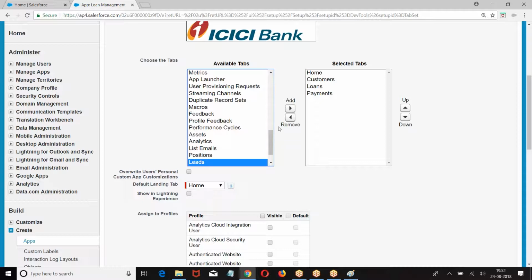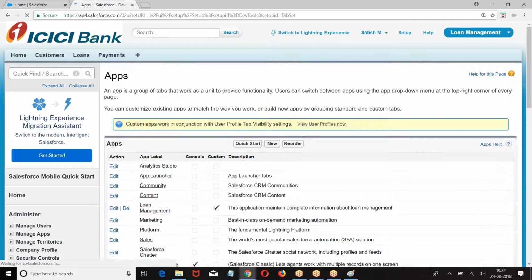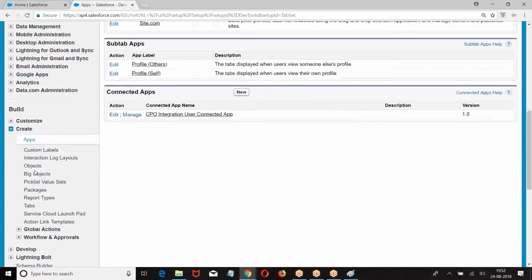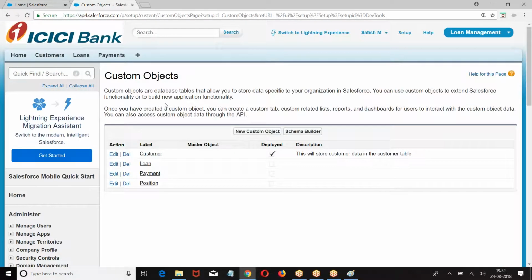This is one of the choices. Now, if tabs are already available, then you are creating an application. First you created a tab, then you are creating an application. Then at the time of creating an application, I can choose the tab. No, boss. The application is already available. Now we are creating a tab.